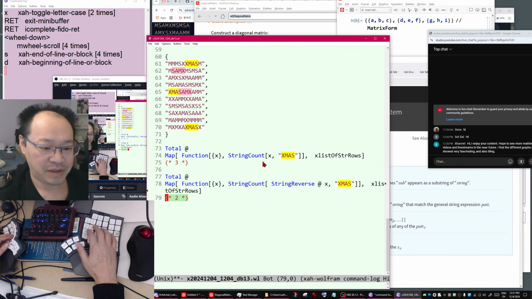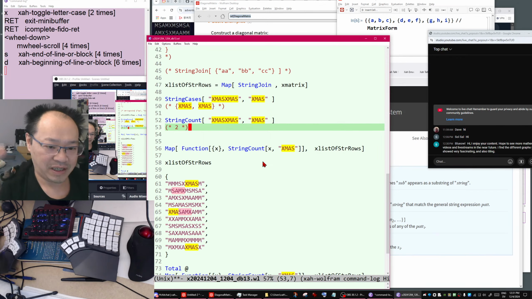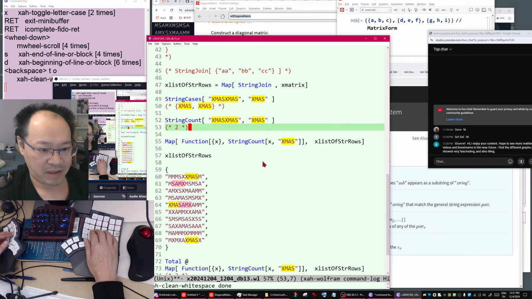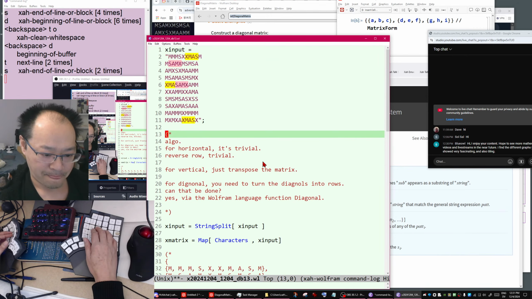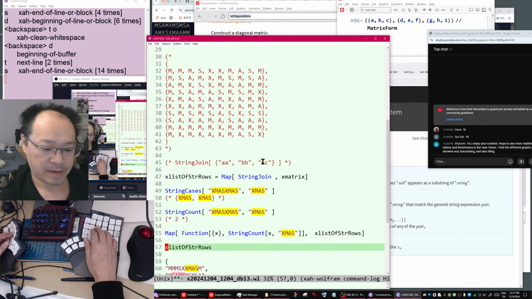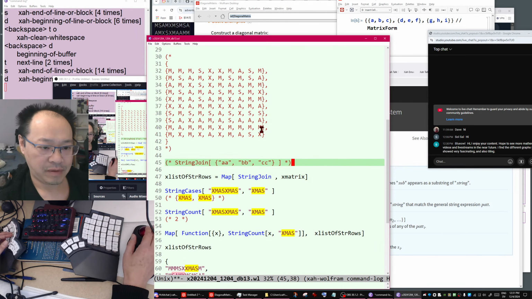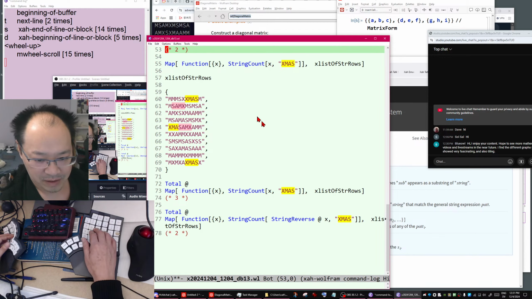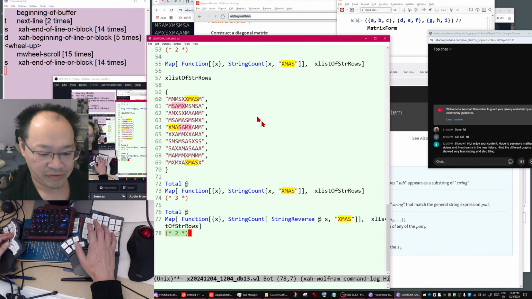Now we need to clean up the function so we can apply it to the other directions. So let's write the function.